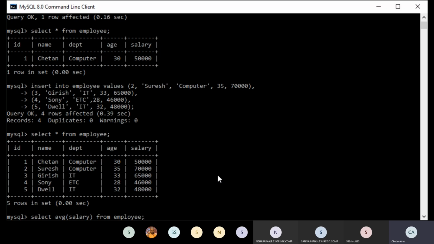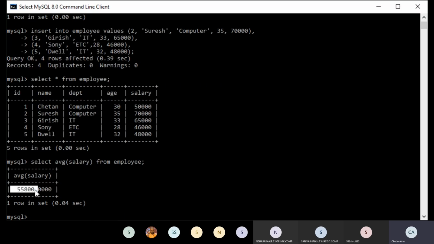You can check whether it returns the average salary or not. You can take the average of these 5 values and you will get the result. You can also combine this query with different clauses like order by or where clause, which we will see next. So this one is for average, and it is returning us an average value.